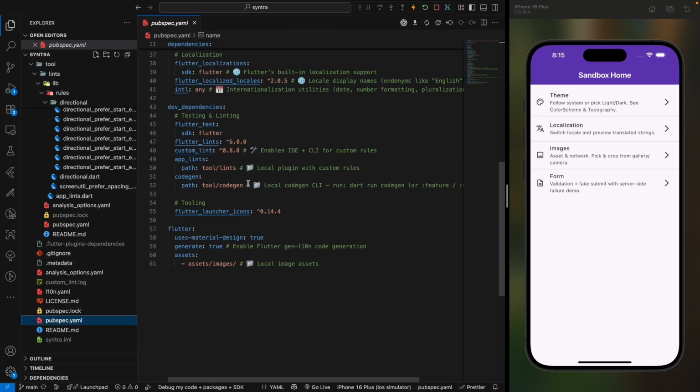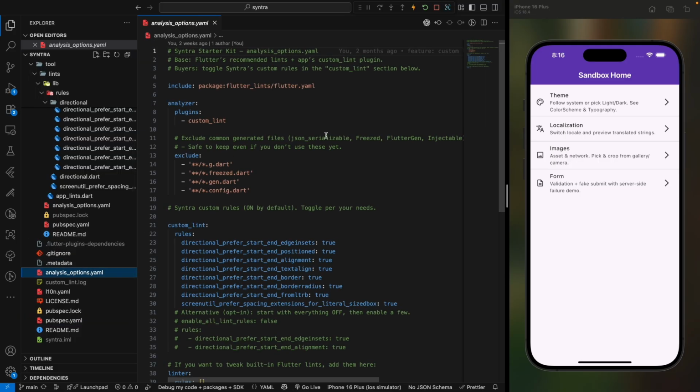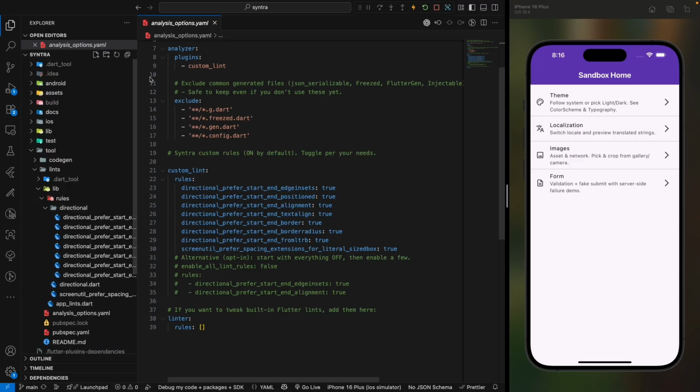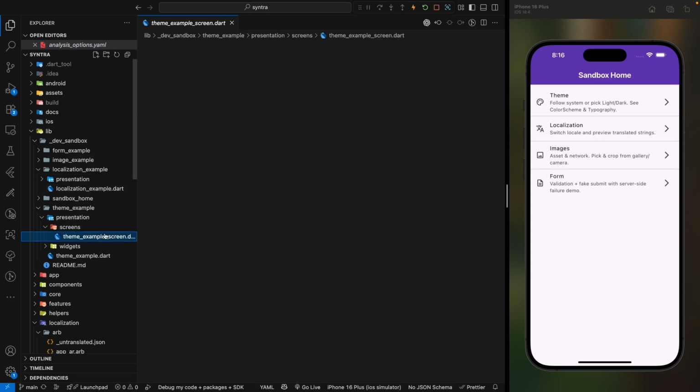In pubspec, lints are set as dev tools: Flutter lints for the base, custom lint, plus our local plugin, tool/lints. Here in Analysis Options, you can enable, disable, or tune severities so checks fit your workflow without getting in the way. Let's try one live in the Sandbox to see the quick fix improve consistency and speed.